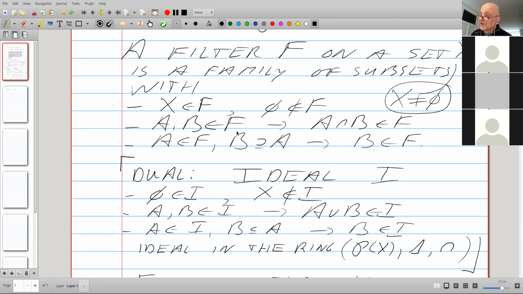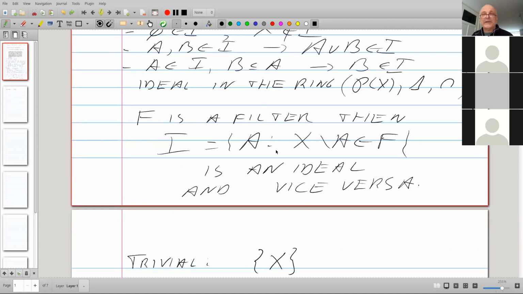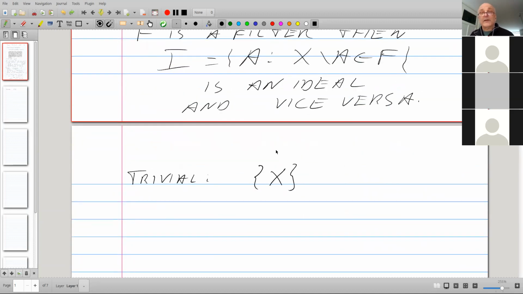If I have two members of F, well, it's both X. If I intersect them, I get X. Okay, and if I have a superset of X, then it's X itself, and it belongs to the family again. So this is really not much fun, but it does fall under the definition, and we have to account for that.